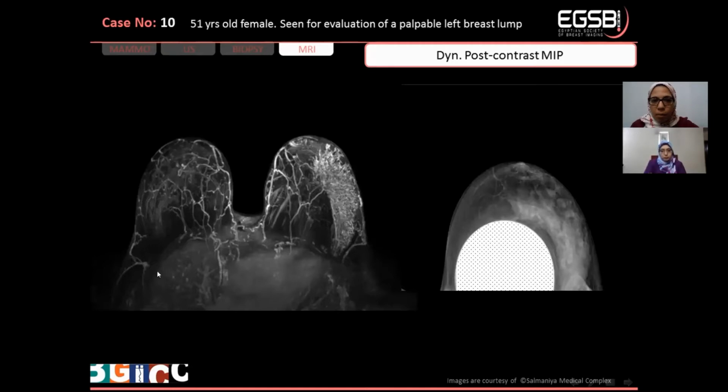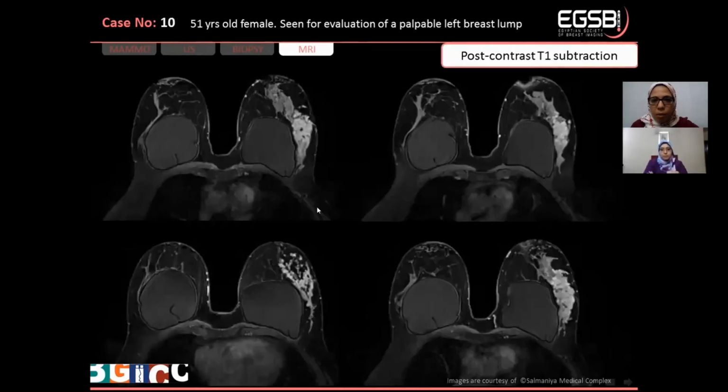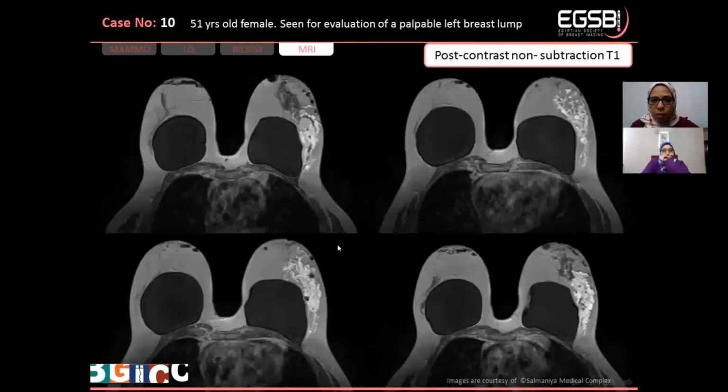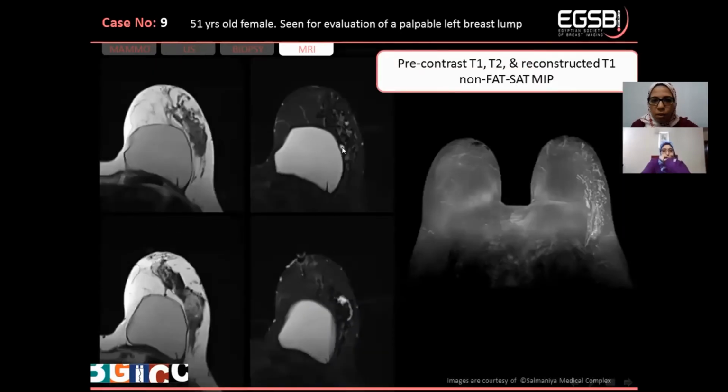There's no other abnormality seen in the breast, and if we look at these post-contrast T1 subtraction images, we can see more of the pattern of enhancement of heterogeneous non-mass and clumped enhancement involving the whole area of asymmetry. And we also identified some non-enhancing areas, and we can see them more clearly here in these non-subtraction post-contrast images. These ones, and of course they are corresponding to the small cyst and the ducts we